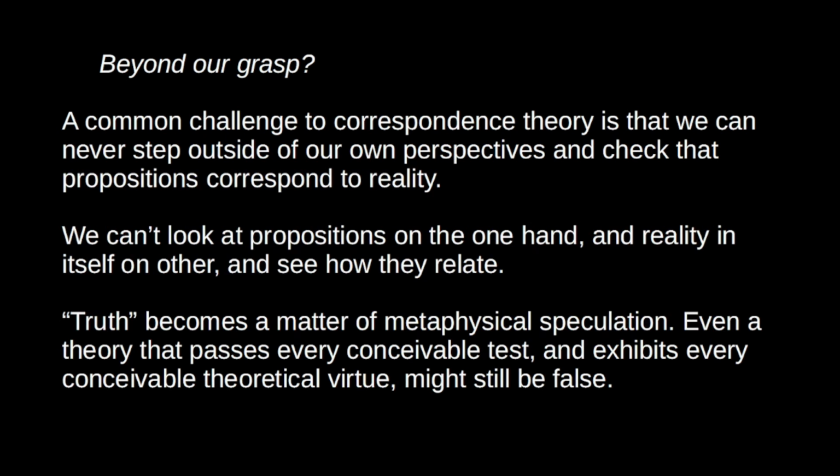Even a theory that passes every test we can imagine might still fail to correspond to reality in one way or another. There might still be some aspects of the theory that are just wrong because the facts are different from what we can know. I mean, of course, we can never know this, right? By stipulation, we can never know that the theory is wrong, but that's because there could be facts about reality that we just can't know. There could be facts that are beyond our grasp, so there could be truths that are completely beyond our grasp.